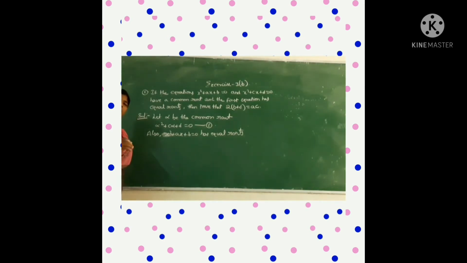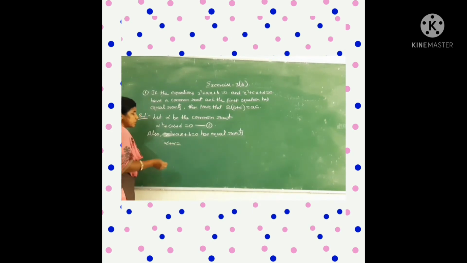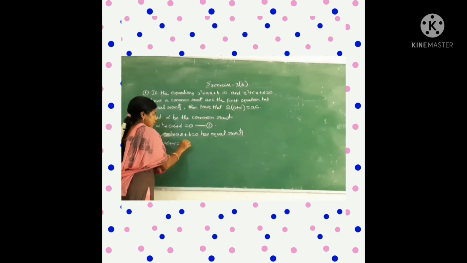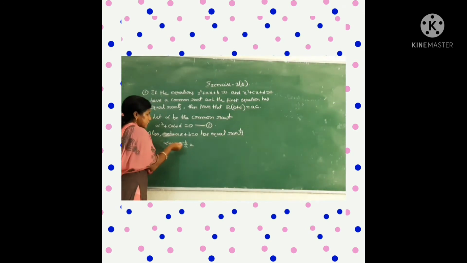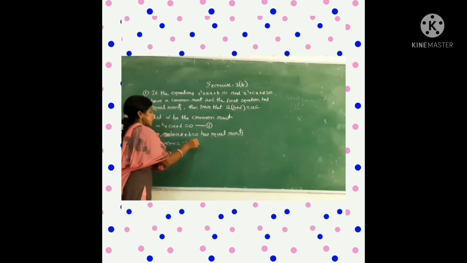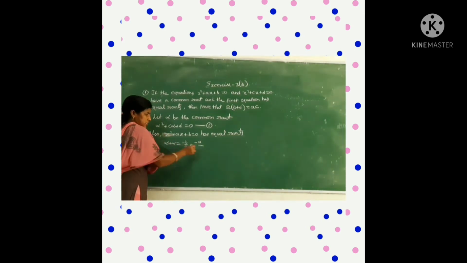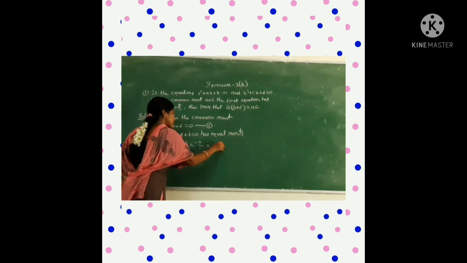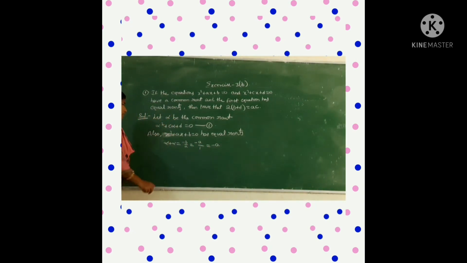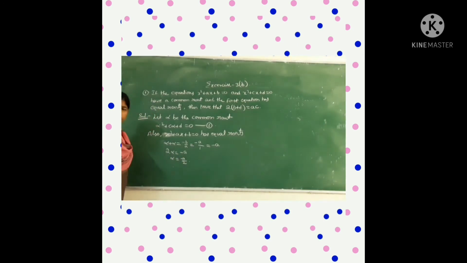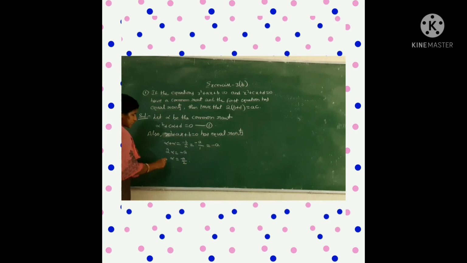Our general roots are alpha plus beta. Here the roots are common, that's why we take alpha plus alpha is equal to minus b by a. General formula is minus b by a, but here given, minus b means the x coefficient, and a means the x square coefficient, which is 1. That's why we can write minus a. Okay, so 2 alpha is equal to minus a, alpha is equal to minus a by 2. Okay, understand? And next is the product of the roots.